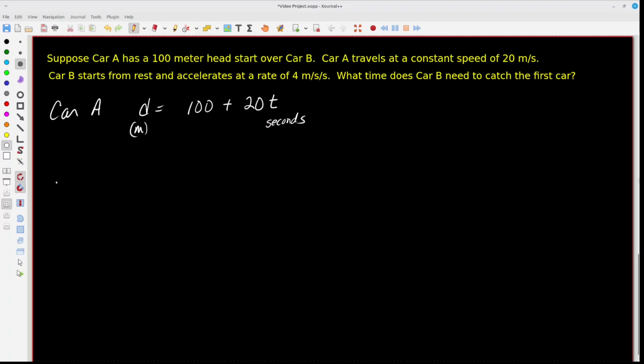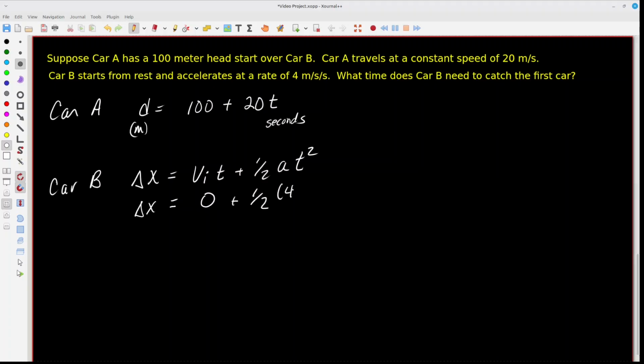All right, let's write an equation for car B. We know that the change in position along the x-axis is equal to the initial velocity times time plus 1/2 the rate of acceleration times time squared. So the change in x is equal to, since it starts from rest, this is 0, plus 1/2 times 4 times t squared. So the change in x is equal to